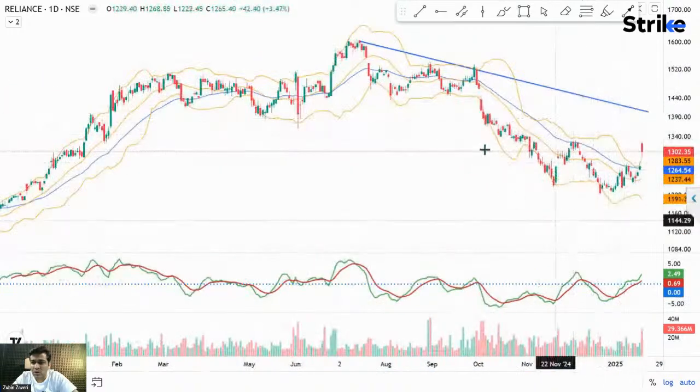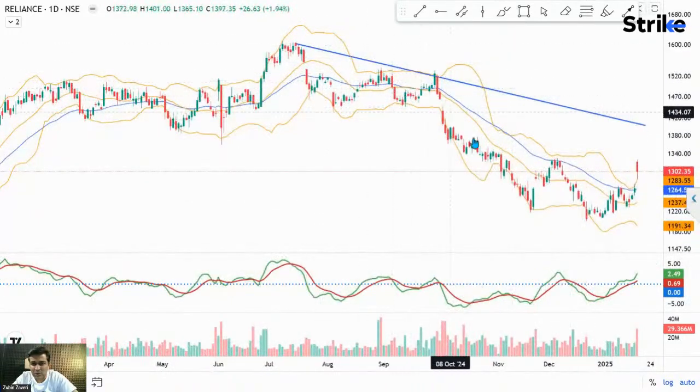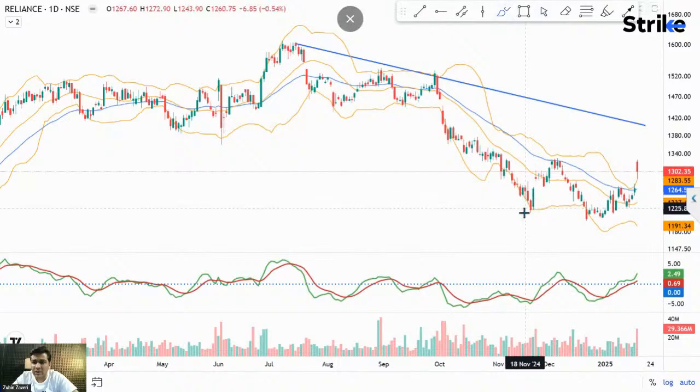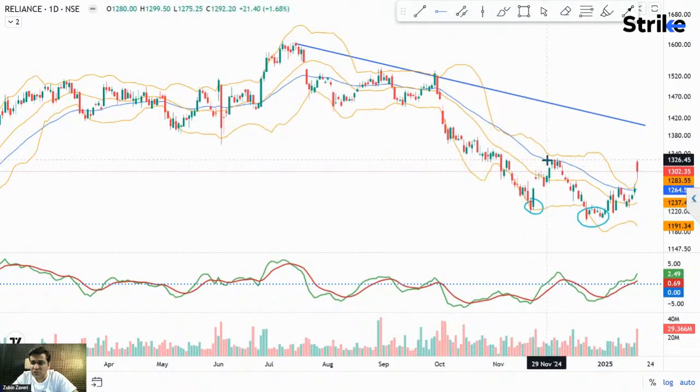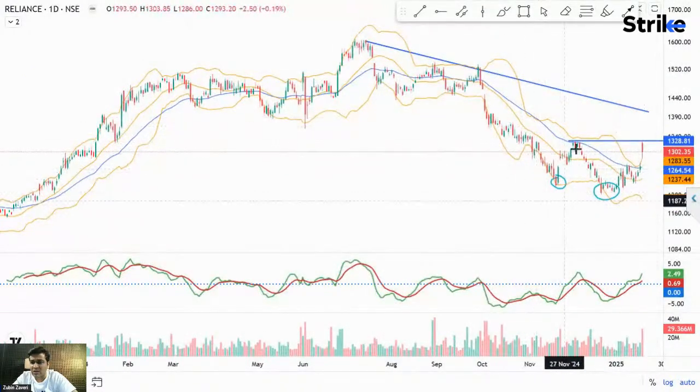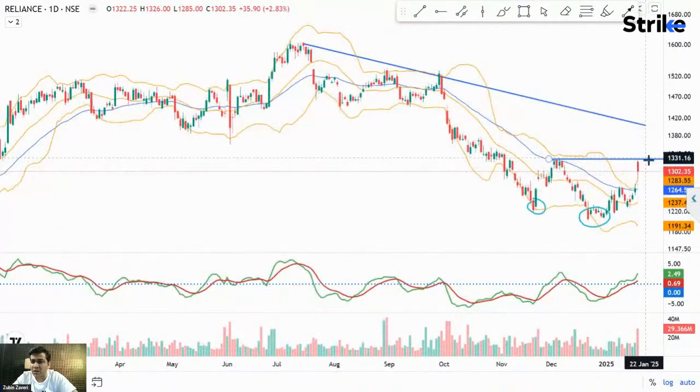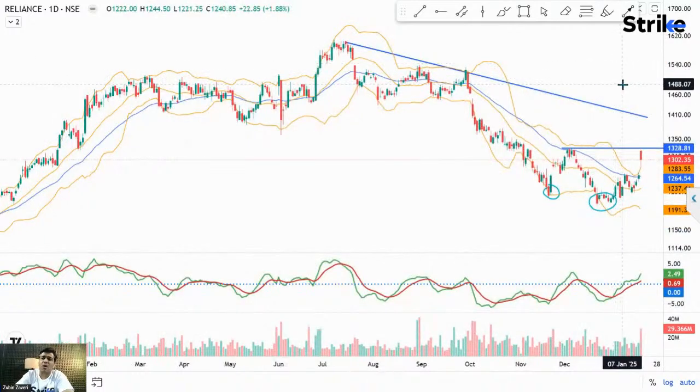Okay, and now what I can also sense is that the trend was down initially. Over here it made one bottom. Over here it made another bottom, and between these two bottoms, this is one resistance level, that is the top. So it seems like a double bottom, and there could be a breakout. But immediately after a breakout, if there is a breakout, Nifty Reliance can test this particular resistance level.